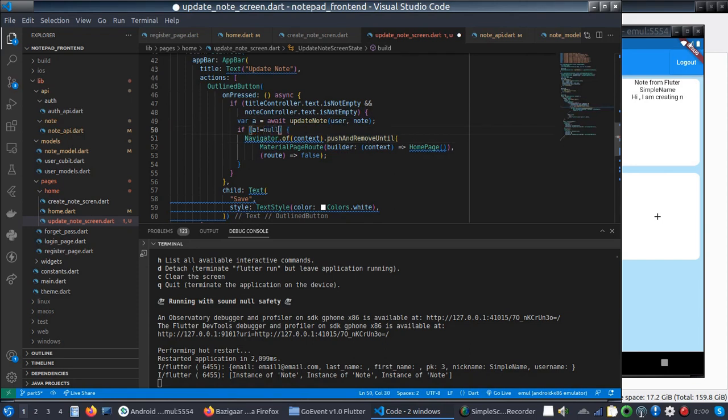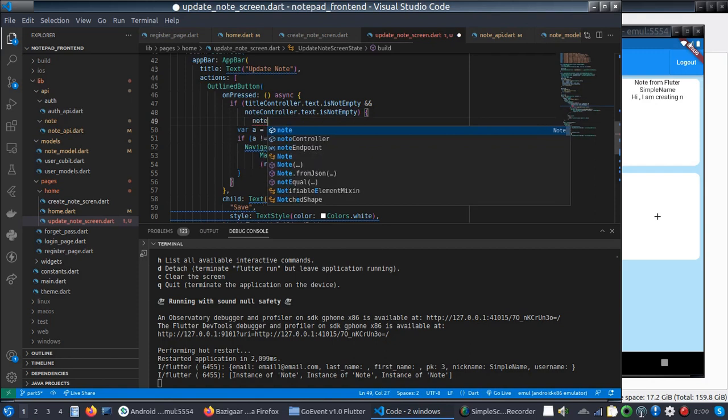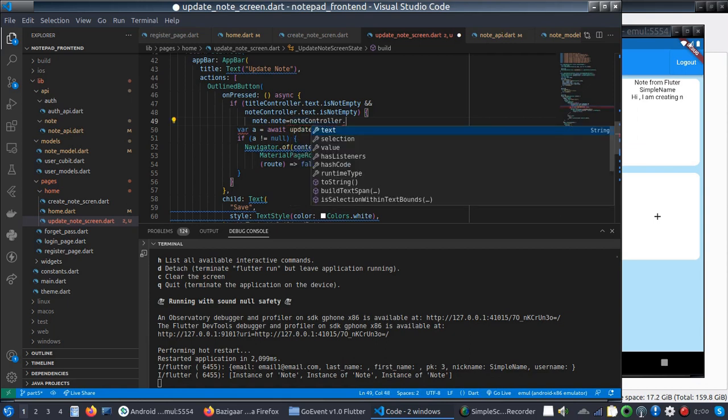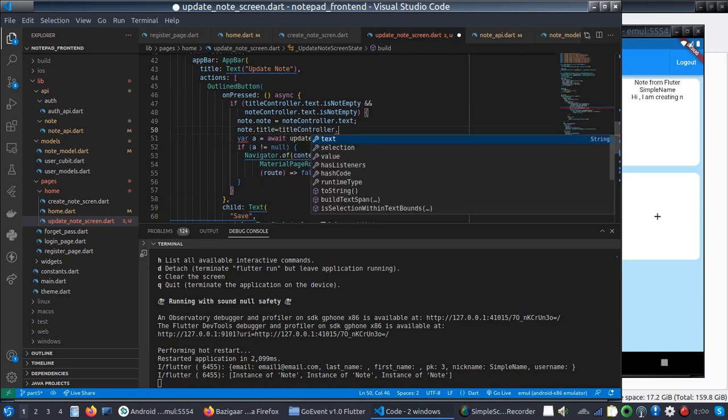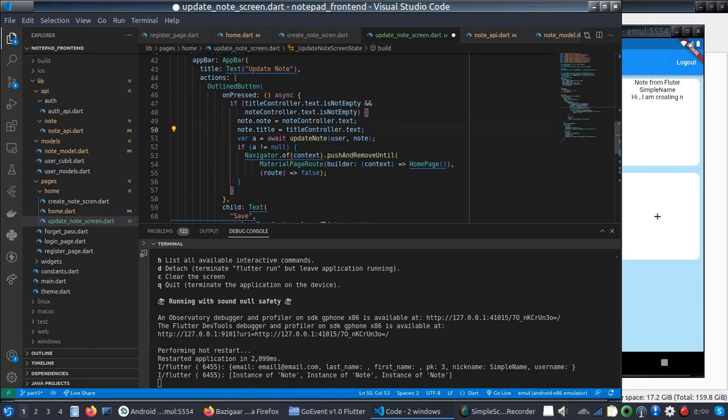not equal null, and this update node text node, and before sending the node we have to assign node dot node is equal to node controller dot text, and node dot title is equal to title controller dot text. We will pass the updated node and node title inside the node object, and it will pass to update node,